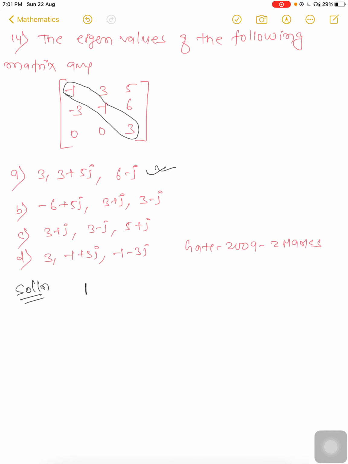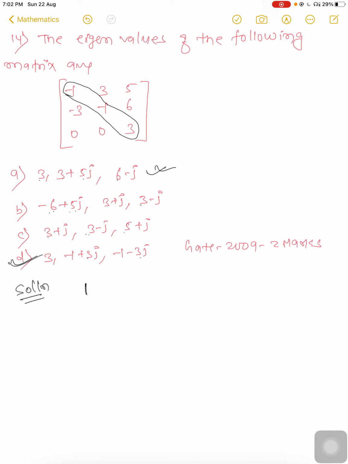When you add all the eigenvalues in the options: 3, 6 and 6 make 12, and 4 is not 1, so not possible. From here, minus 6 makes this one 0, and here you will get 3j, not possible. Here, 5, 3, 8, 11, and you get minus j and plus j, not possible. Here, check it: 3j minus 3j cancel out, and 3 minus 1 minus 1 gives 1. So the right answer will be D.